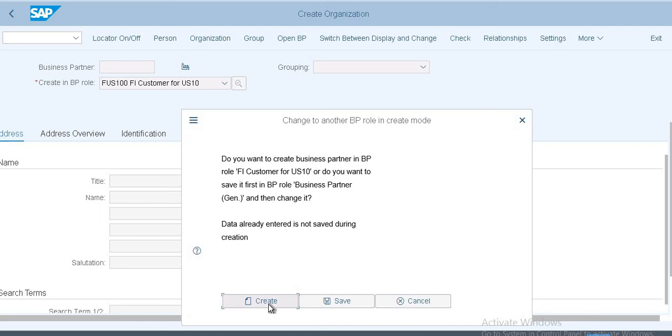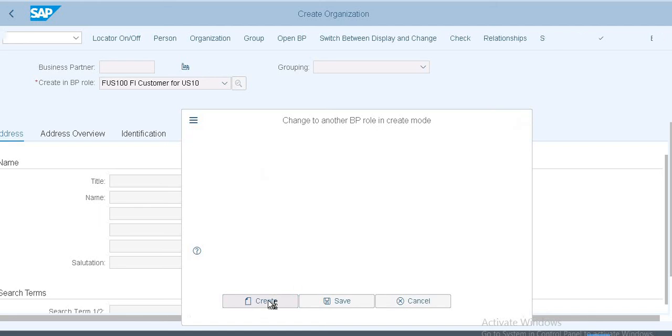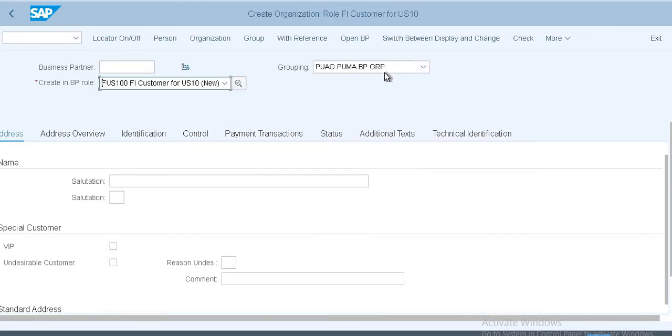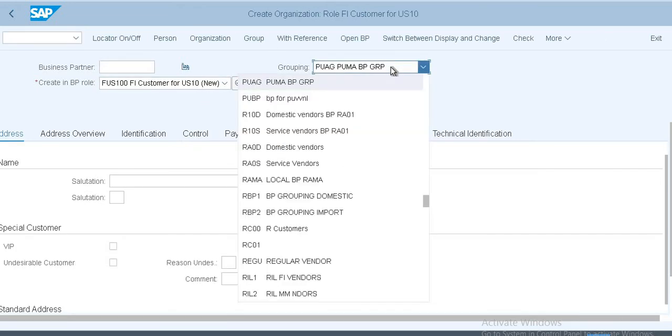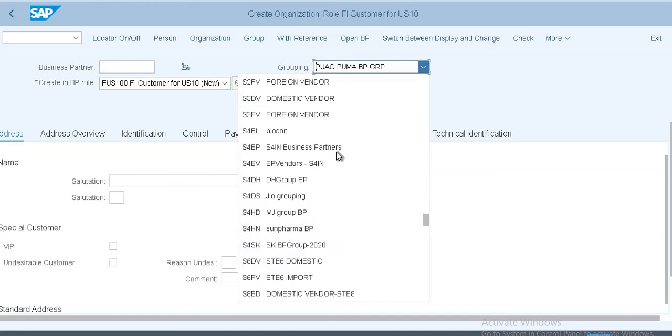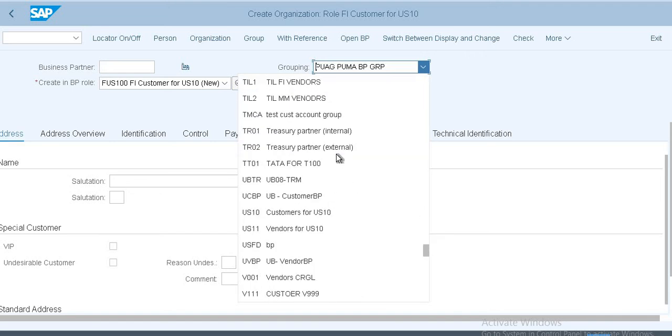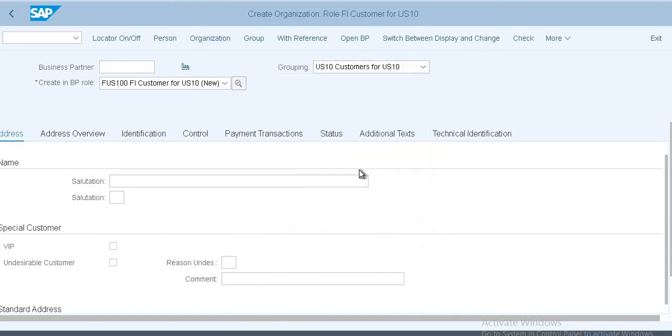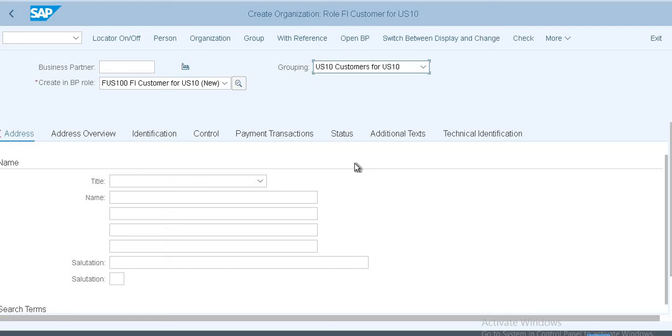Okay, you need to click here, and here you need to choose which is our group. This is for the customer, right? So we need to choose the US 10. Okay, here we need to define the